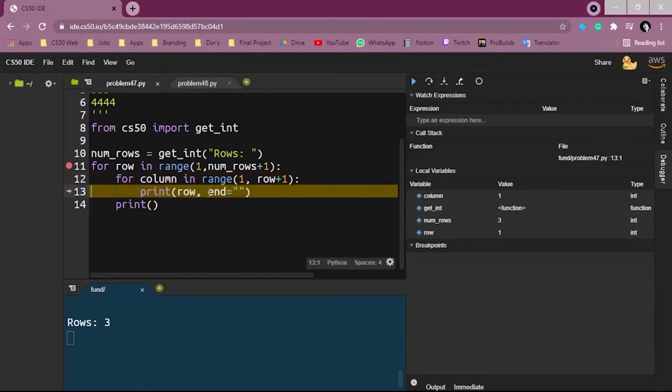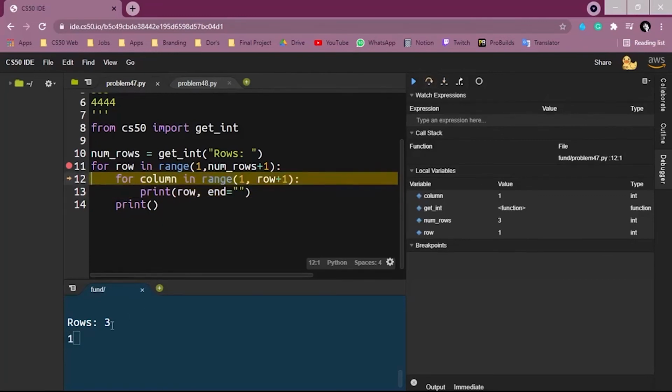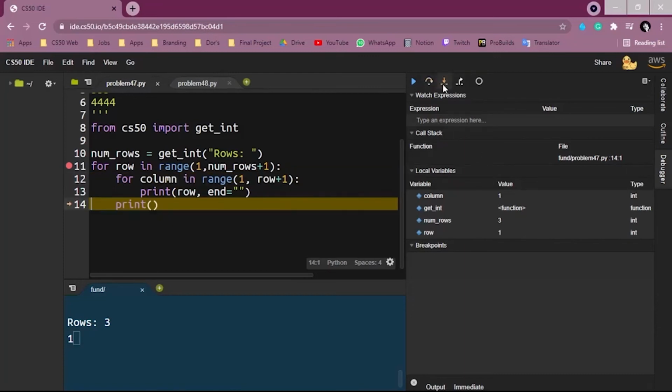So in range, we're going to start our column at 1, okay? And now we're going to print row. So row is number 1, so we're going to print number 1 in here. Are we going to have a next iteration? No, because remember the range stops at the position before the number that is in here. Since row is 1, here it's 2, so we're going to stop at number 1. Okay, since column is already 1, we're going to line 14